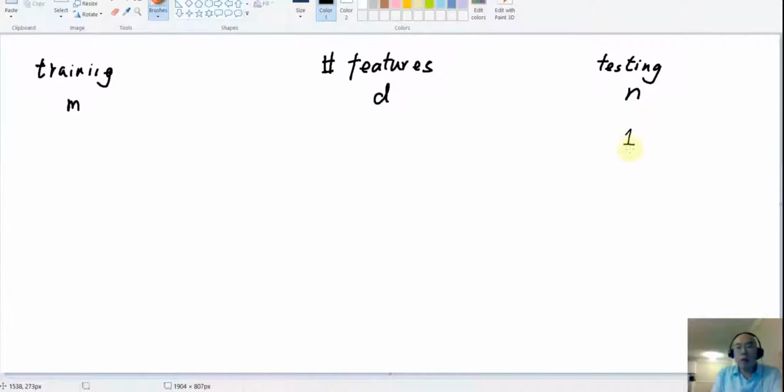If I only have one sample for testing and I want to make a prediction for that sample, how can we do that? We have to find the nearest neighbor. And how do we do that? Even though we only have one item, we have to find the nearest neighbor from the m training samples. So we have to calculate the distance from this sample